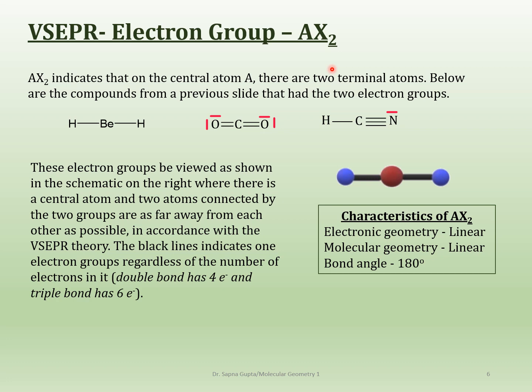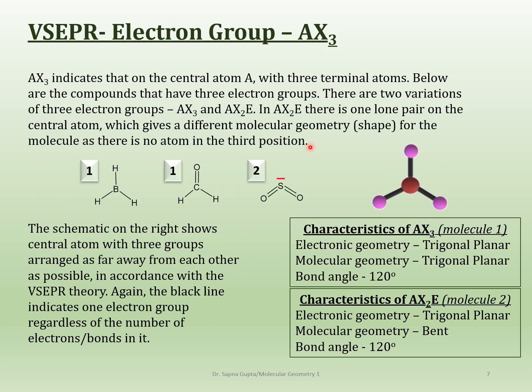This was AX2, where you had two terminal atoms. Now, if you had three terminal atoms, things can be a little bit different. Because in a three terminal atom system, it means that you literally have three atoms attached to boron. So H, H, H. So you have three electron groups right here, which is pretty visible. This structure is